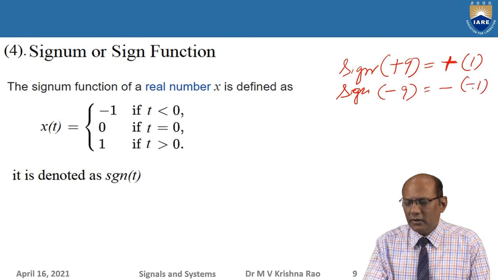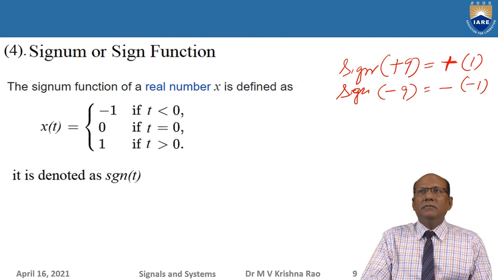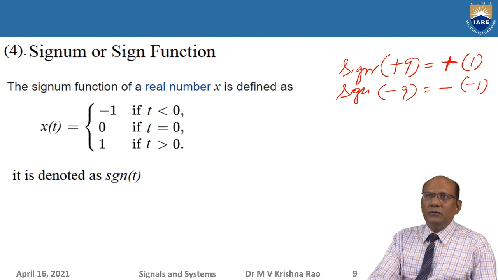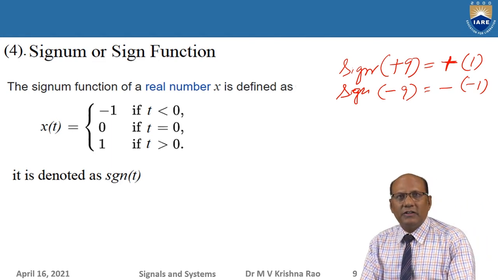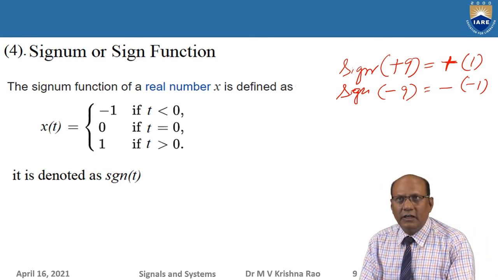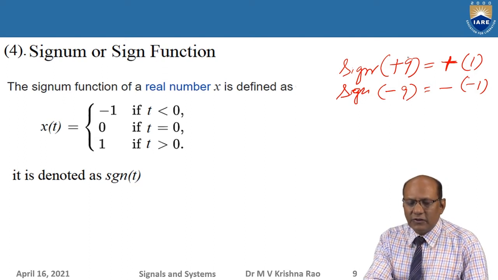Means minus 1. I can say minus 1. So, plus 1 to represent the positive value, positive sign, and minus 1 to represent the negative sign. Okay, so that is what the sine function does. So basically it extracts the sign. This is for a single value.